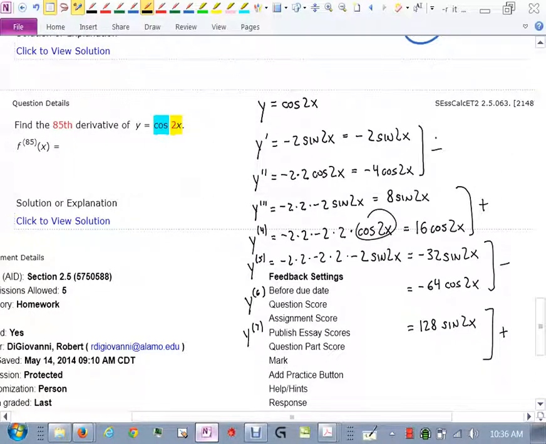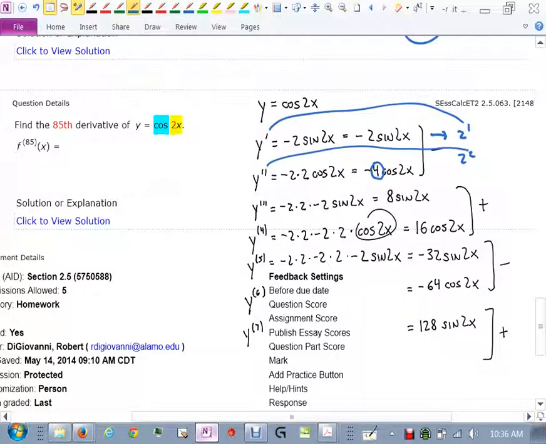So the question would be, where would 85 lie in this? Would 85 give us a positive or negative? And then also, what's the pattern with the 2's? Let's look at the 2's first. If you look at this first one, just the number out front, that's 2 to the first power. Forget the sign. The 4 here is 2 squared,